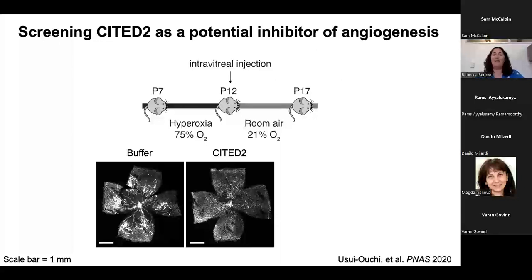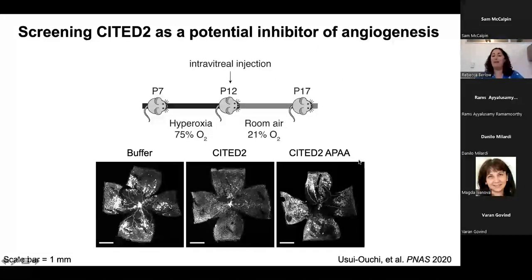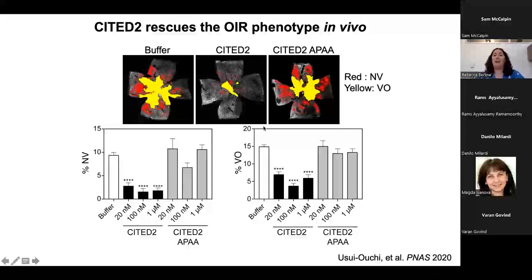And so we decided that our negative control would be this Cytid APAA peptide, where we mutated the non-proline residues of our conserved LPEL motif to alanine. And that indeed functioned as a negative control in our experiment. We can quantify the formation of vessels as well as the area of vaso-obliteration using a deep learning segmentation algorithm. What we observe is that the Cytid-2 peptide at all the doses we tested is a really potent rescuer of both the neovascular and vaso-obliteration responses in this model. But the Cytid APAA peptide does not do so as effectively.